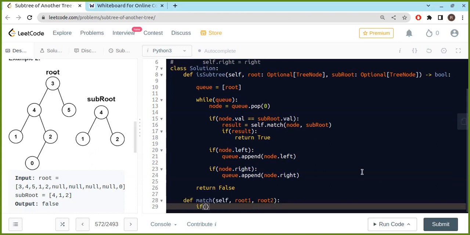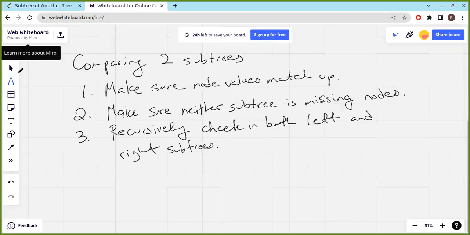So in this case, let me go back here and go over this part. Again, we want to make sure the node values match up, and we also want to make sure that neither subtree is missing nodes. But what happens when both subtrees are missing nodes? So for example,